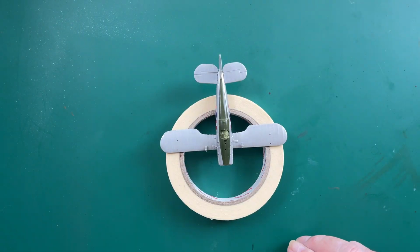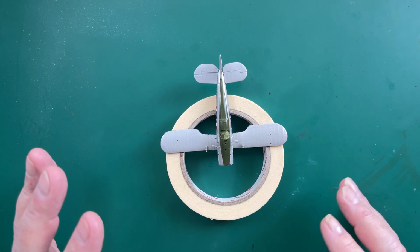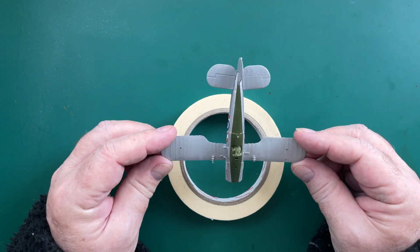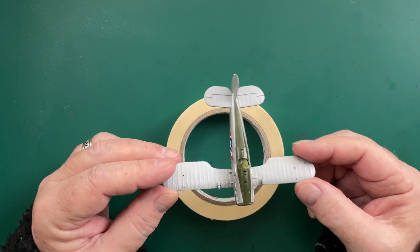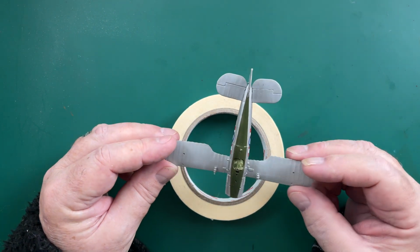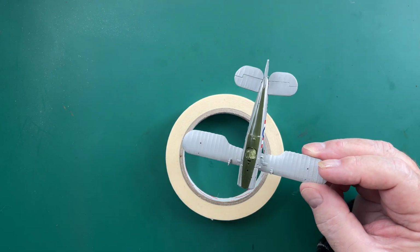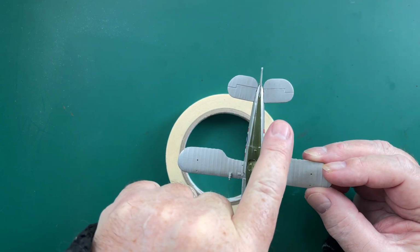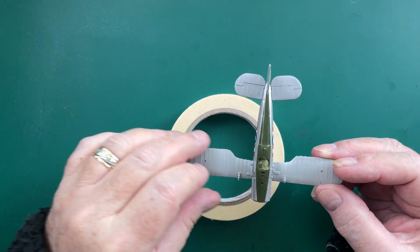I've got on quite well today. Rightly or wrongly, I decided to do it this way. As you can see, the plane is painted silver, and I put a clear coat on the main body and on the bottom wing. I've only just fastened the tail plane and the rear wing,